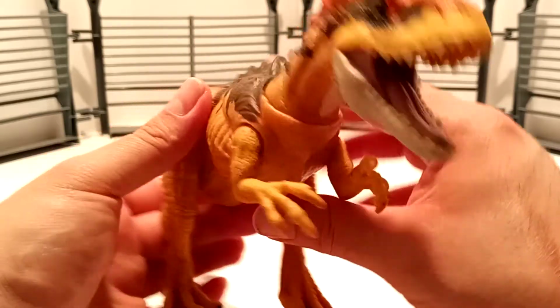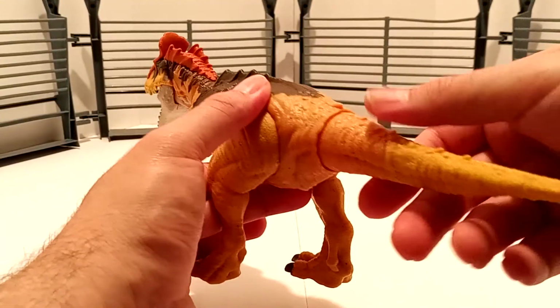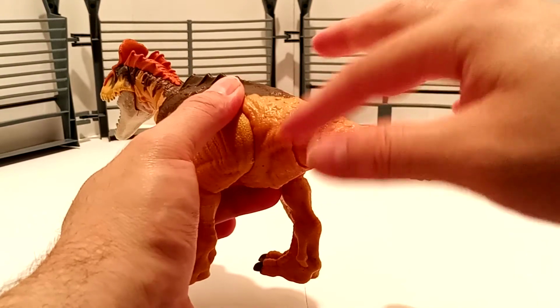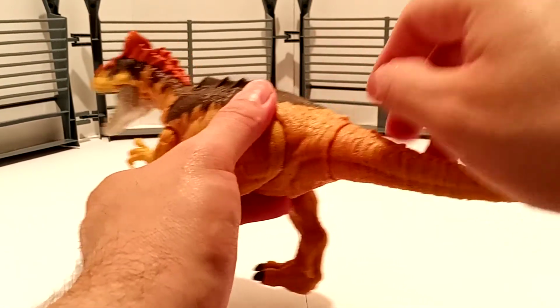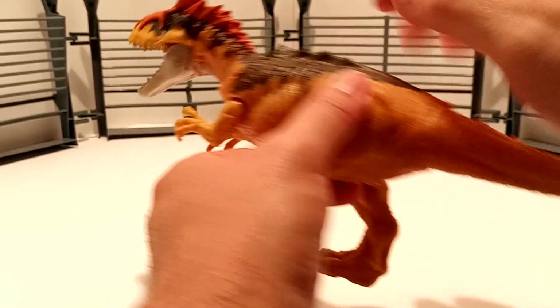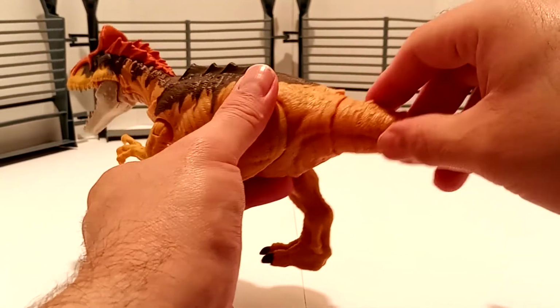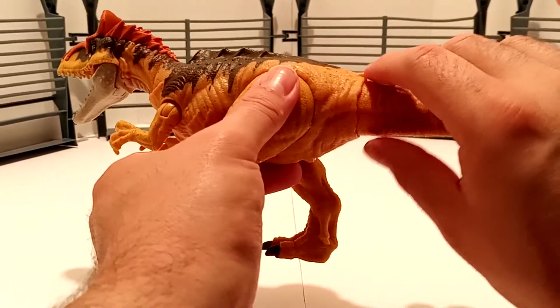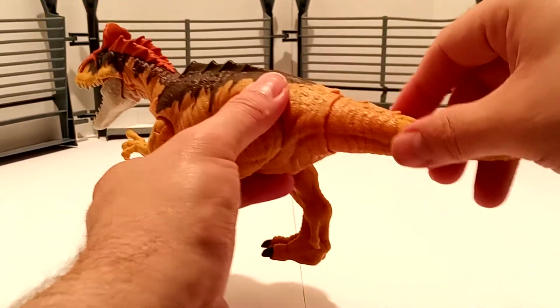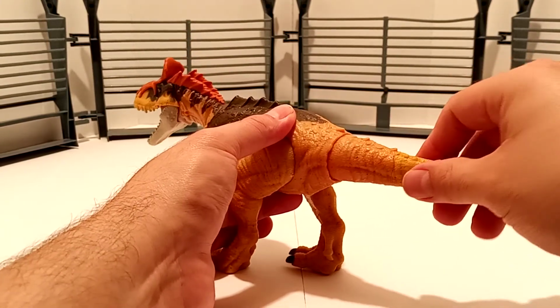So with that being said, let's go ahead and do the action feature. And like I said, I love the way they incorporated the action feature and blended it in with the figure itself, so it doesn't look so noticeable. Especially when you have it on display and you look at it from a distance, you're like, oh, that's a nice cryo. But anyways, we'll just go ahead and